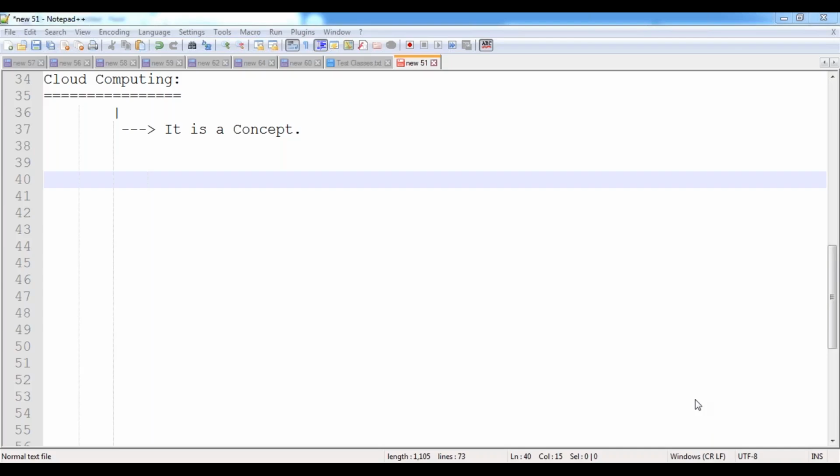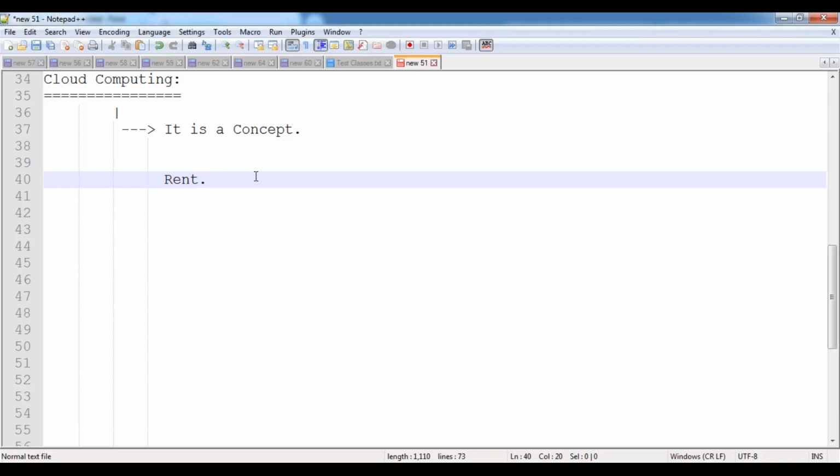Do I need to wait to shift my family to Hyderabad till I'm earning some 40 to 50 lakhs? No, right? Then what can we do? If you're unable to buy that flat, we can take it on rent. So take the flat on rent, and stay with your family in that flat.